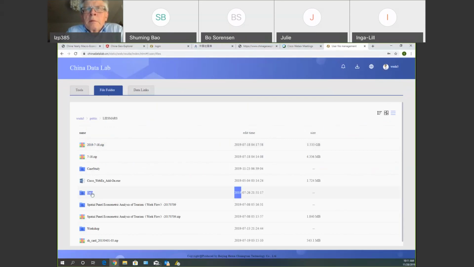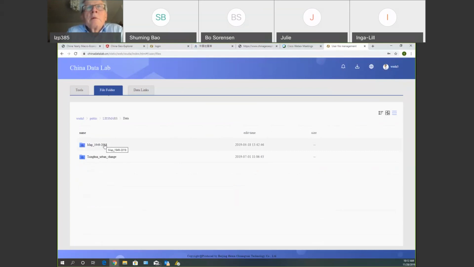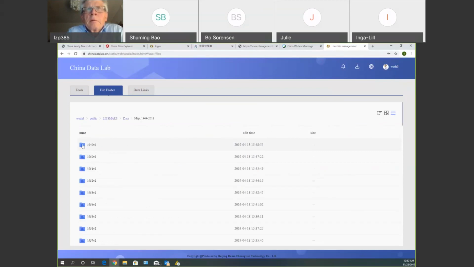And with public, you mean public in general, or public within the platform, or the participants in the platform? The public folder. So next time, every user can see this kind of folders. Okay. Next time, we have this map for China, and for every year, by the province, by the